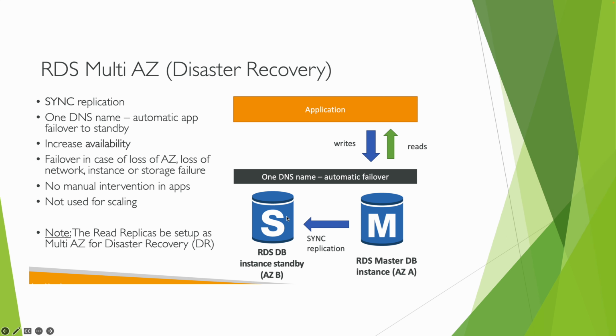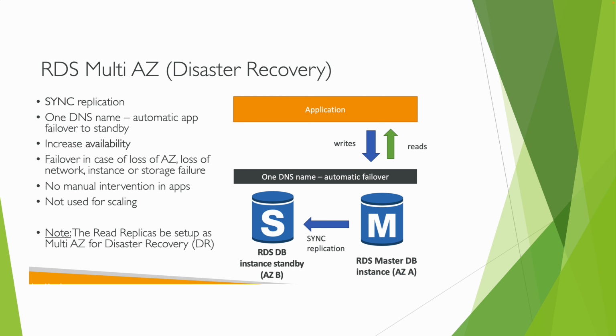But when you are using a standby database, the replication is synchronous, and every piece of data that gets into the master instance immediately gets into the standby database. So whenever your application is unable to connect to the master instance, or the master instance goes down, the standby database immediately acts as the master database,